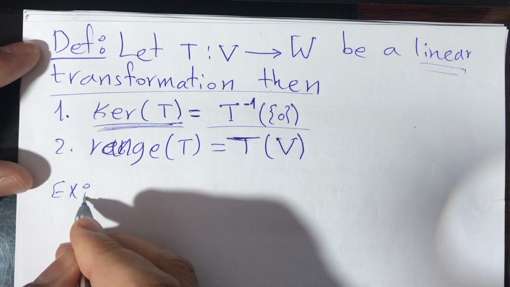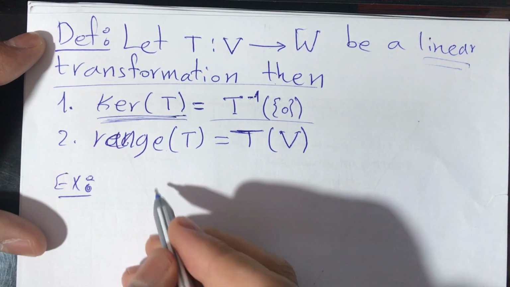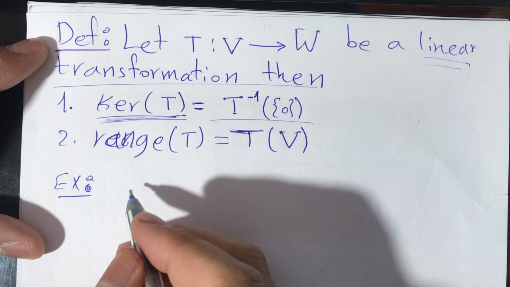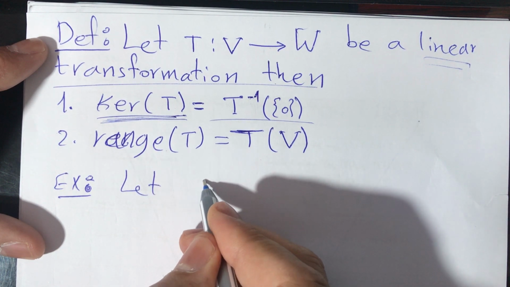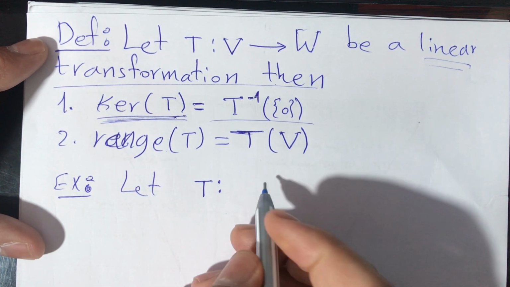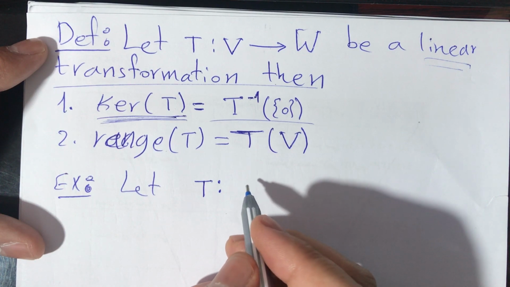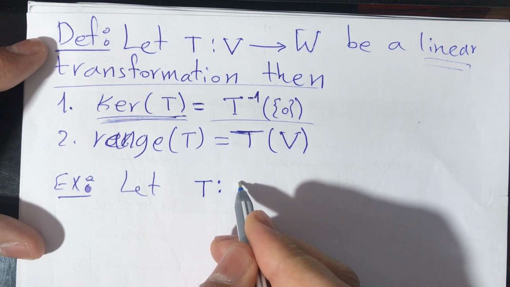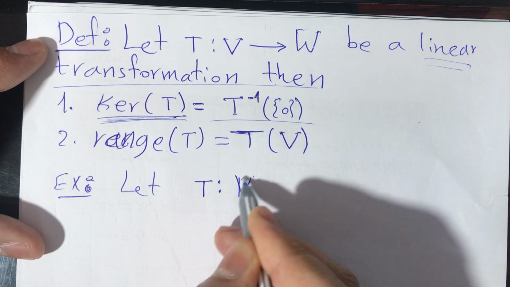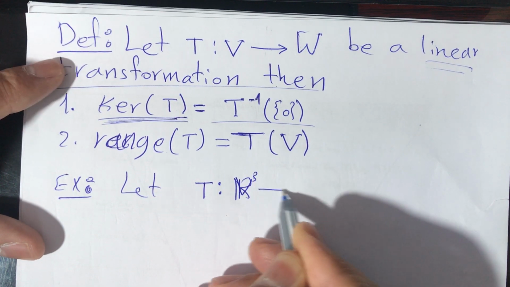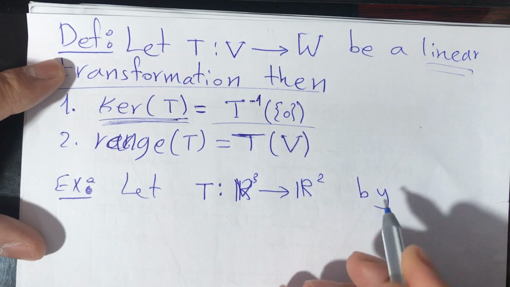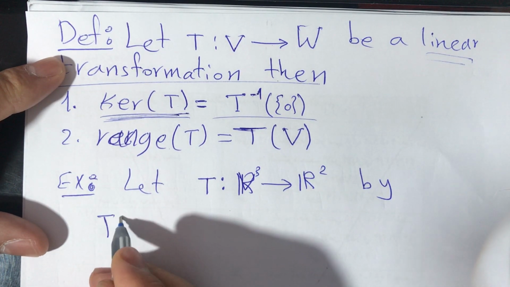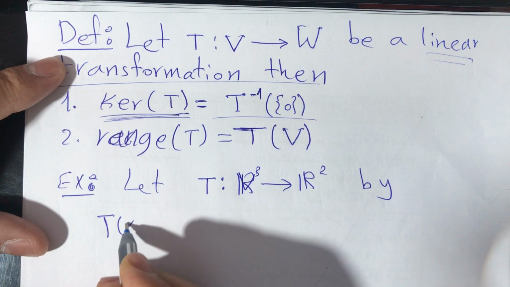Example: let T be defined from R3 into R2 by T of X